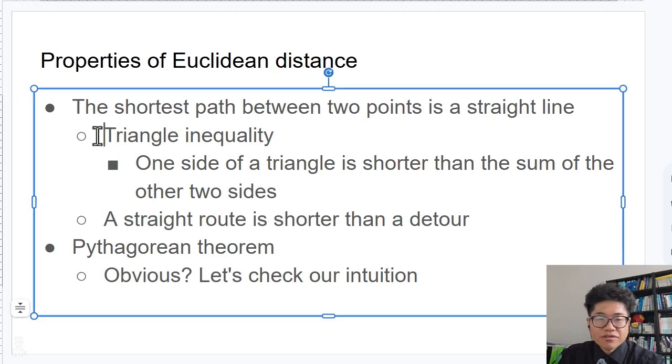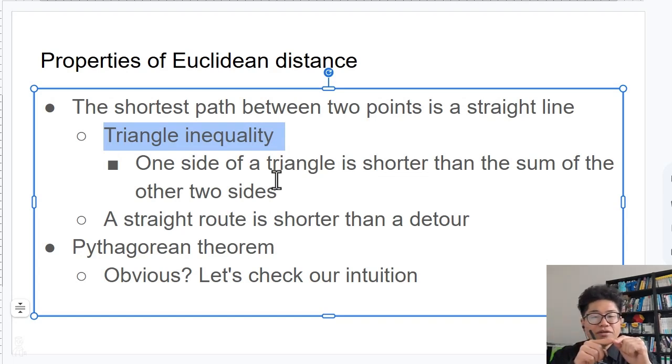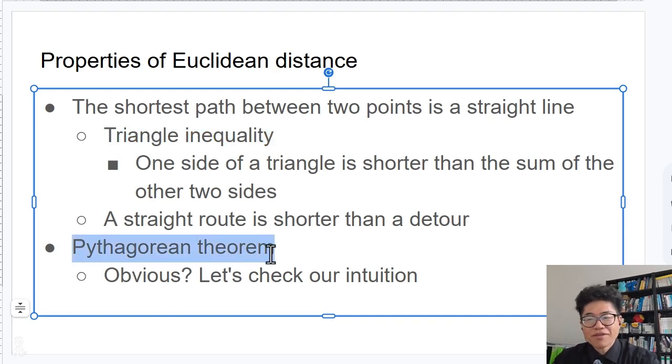For Euclidean distance, the triangle inequality holds. There is a triangle; the length of any one side of a triangle is less than the sum of the other two sides. Simply put, between 2 points, going straight is always shorter than the detour. Euclidean space holds the Pythagorean theorem. In my high school time again, I felt the Pythagorean theorem was a universal truth. But later I learned the Pythagorean theorem is just a special case. I was shocked. However, in everyday life, it holds almost always. A detour is longer than a straight path.